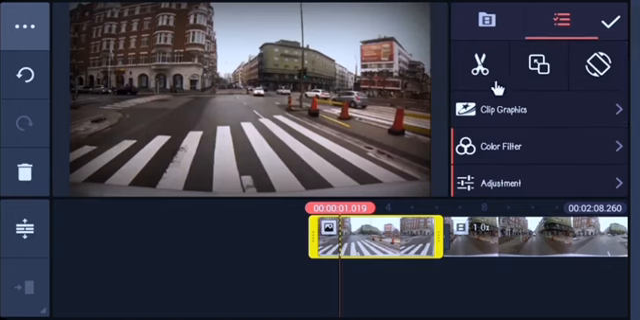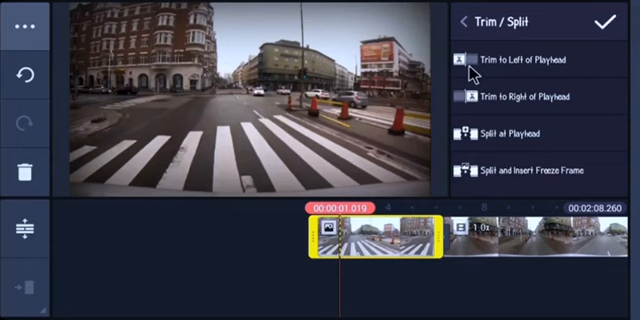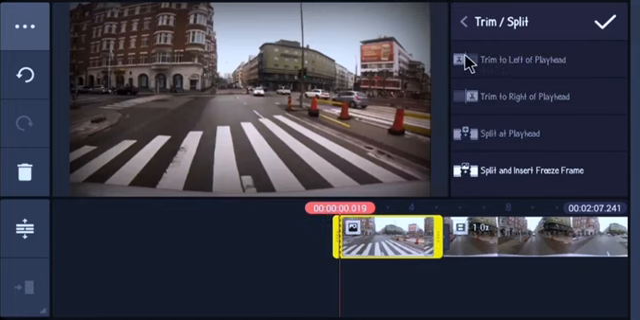Okay, so you want to cut, so you come here, you cut. You want to cut this side away. You want to cut this side of the playhead. You see, this is your playhead. You want to cut this side away. You click on this. You see,